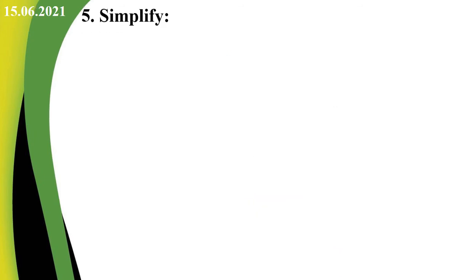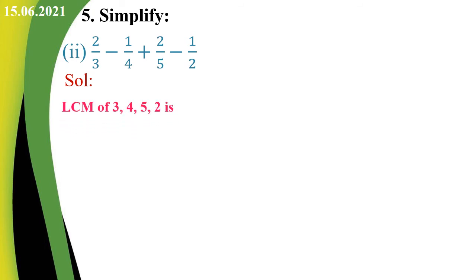Let's see fifth one, simplify. Second question, 2 by 3 minus 1 by 4 plus 2 by 5 minus 1 by 2. Let us find the solution. Here different denominators. So we need to find LCM. LCM of 3, 4, 5, 2 is,